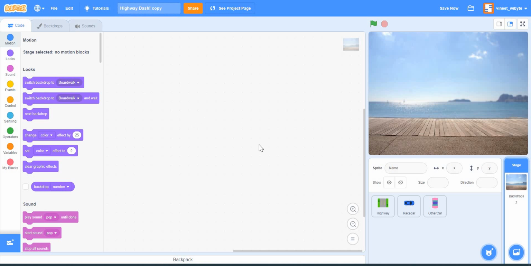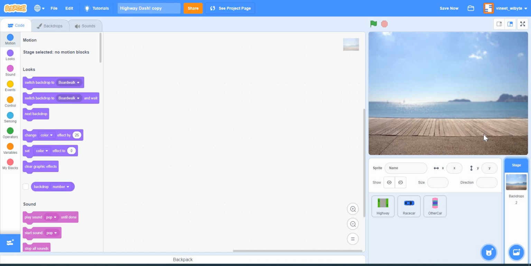And in fact, that brings us to the very first trick on how do we make this backdrop move. And that trick is simply that we are going to use the backdrop as a sprite. Now, let me repeat this. We are not going to really use a backdrop here. We are basically going to use another sprite which will play the role of a backdrop. So how do I do that?